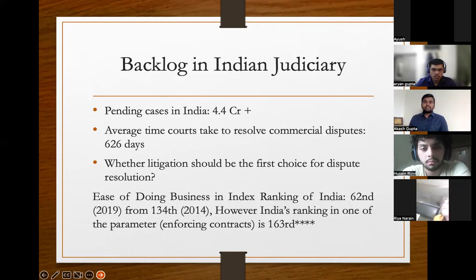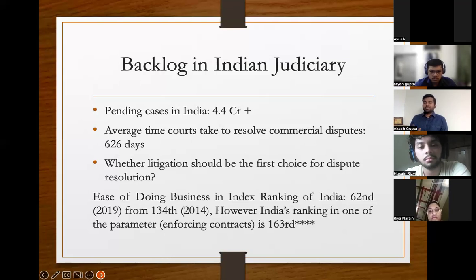Now, why is it that in India it takes time? It's very debatable. There are so many reasons. But how do we actually see that it's a time-taking process? If you look at the ease of doing business index ranking, in 2019, the last ranking, India's rank was 62nd. And in 2014, India's rank was 134th.